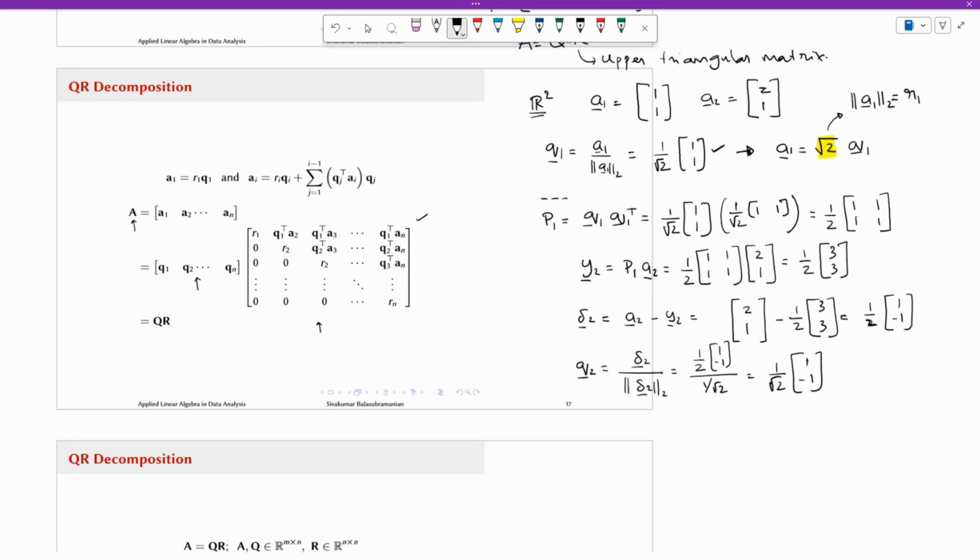Now the question is, how do we reverse? If I wanted to reverse this operation, I wanted to get A2 back, what all will I need? In the first case, we only needed Q1. In the current case, do we only need Q2? Well, if you only used Q2, you'd only get del 2. So let's do that. You can get del 2 by